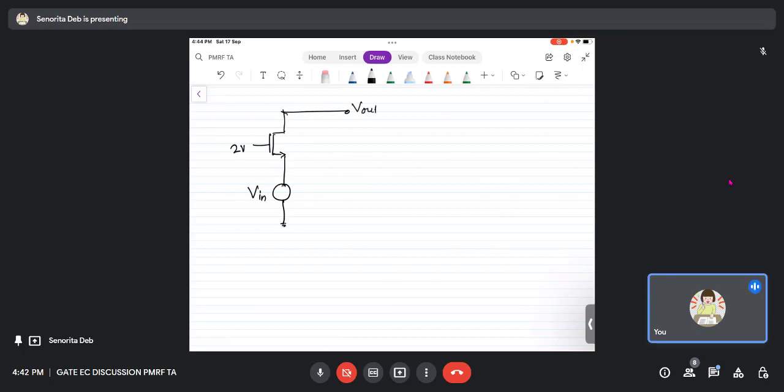So in the earlier question, the varying Vin was at G. Now the varying Vin is at this point, right? And it is just like the earlier question, we will see that V out is 0 volts at first. There is no current flowing, right? So what can I write? I can write this as